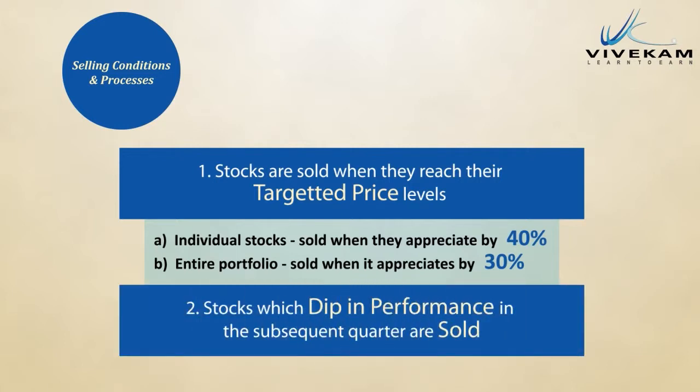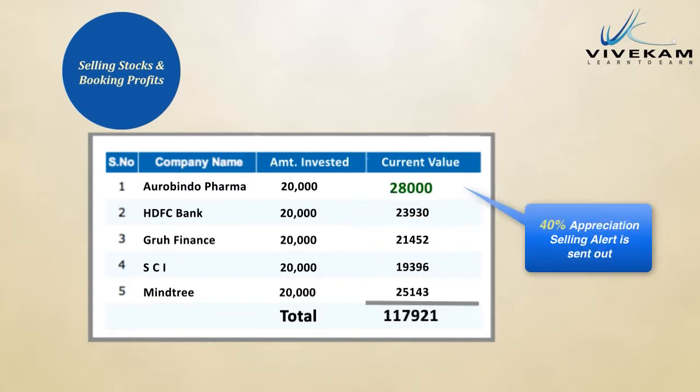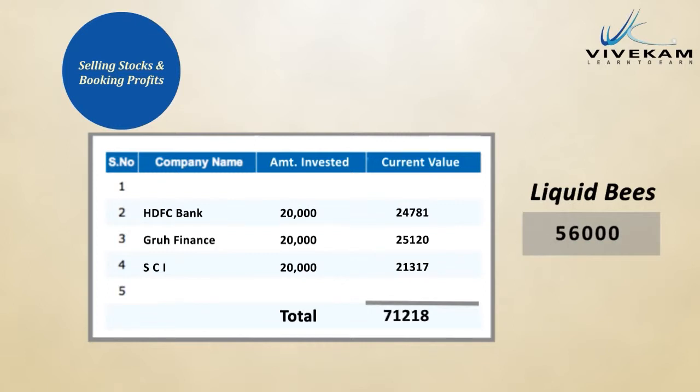Secondly, the stocks will get sold if the subsequent quarter results indicate that the company is dipping in performance. In our example, Aurobindo Pharma shares are allotted at ₹20,000, and if the current value reaches 28,000, which is equal to 40% appreciation, it will get suggested for sale and the amount will get invested into liquid funds. Subsequently, if Mindtree also reaches 28,000, it will also get sold and the total amount of 56,000 will get invested